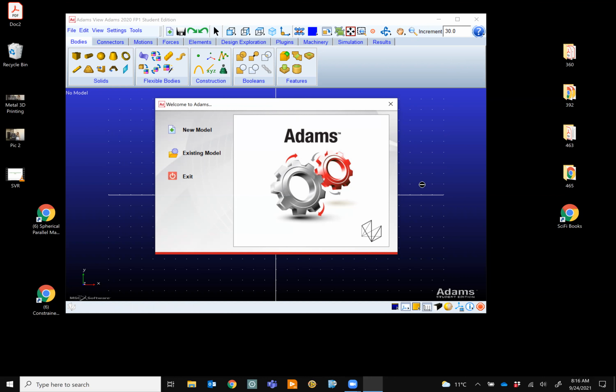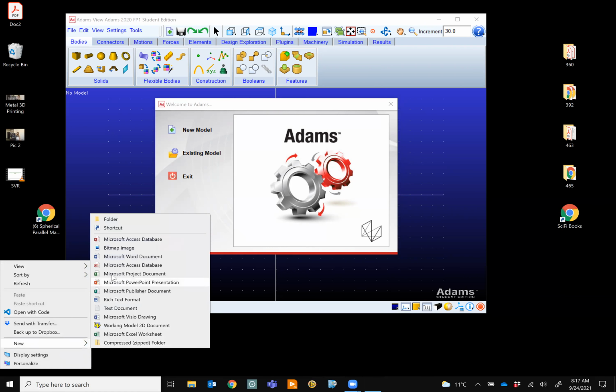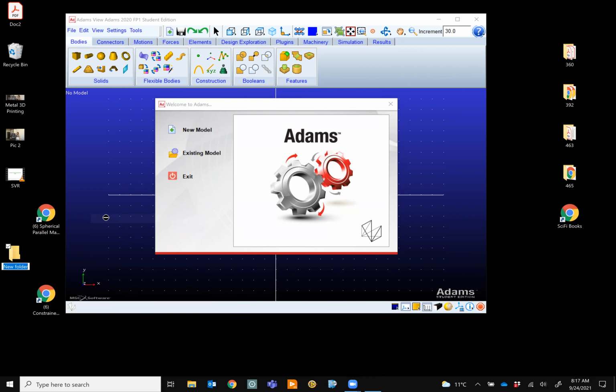Okay, when we open Adams, we will see new model, existing model, and exit, obviously. If you are working on a file, then of course you start with existing model. Remember, when you create a folder to save all of your files, if the name of your folder has a space, Adams is not going to accept it, and you will see errors.